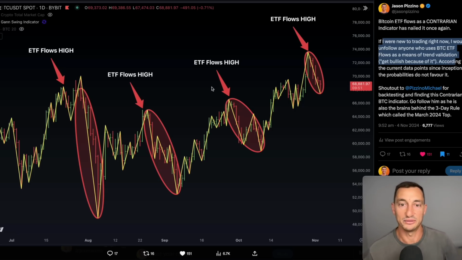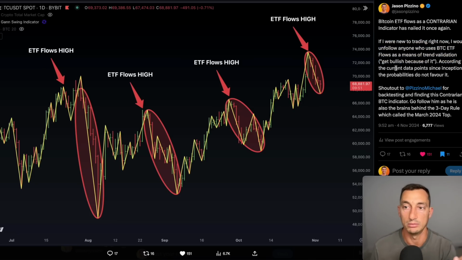Michael did the backtesting and found somewhere around those peaks, like here in July, it went a little higher, but it didn't close above it, and then eventually led to a pretty big fall. And then again, there was another top here, didn't crash the next day, held out for a couple of days, and then crashed. And then again, top, held out for a couple of days, then crashed. And again, we're at this peak, and it's come down about 10%. So it's not trying to call that this is the end and then a massive dump. It's just trying to show that every time, or almost every time, enough to suggest that you're best being on the side of the probabilities,